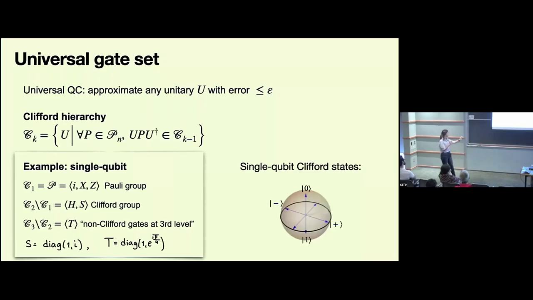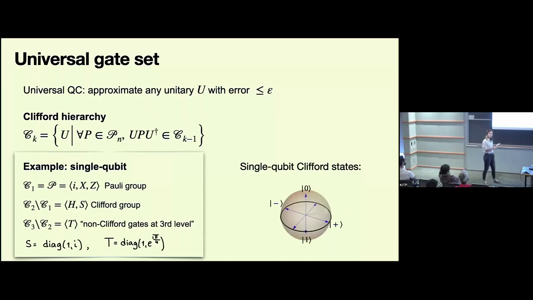But the point is that imagine that we are able to do all the gates up to a Clifford group. Then we can represent the states of a qubit on a Bloch sphere. The north pole is 0, the south pole is 1, and these are the states that are very easy to prepare, again, in a protected way. And then if we only have access to Clifford operations, then the sets of accessible states are these blue states that are related to each other by rotations by 90 degrees on the Bloch sphere. So the number of accessible states, if we only have Clifford gates, is very small.